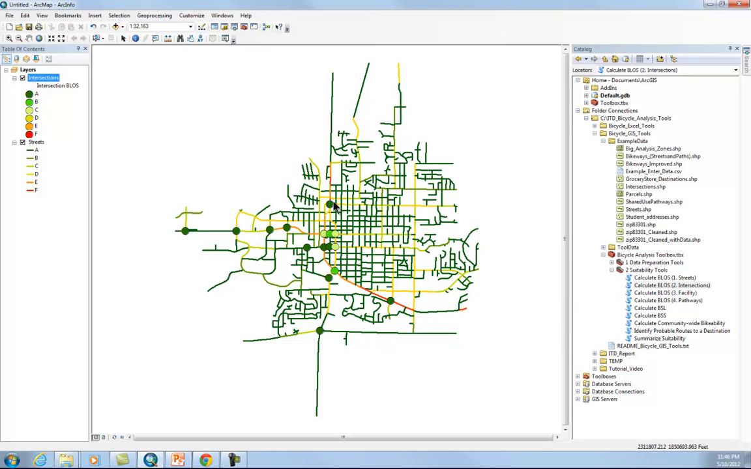Here are the bicycle level of service for the 16 signalized intersections in the city of Moscow. Again, most of them are bicycle level of service A. There's a few, looks like B and C, but that's as low as it gets for the signalized intersections in